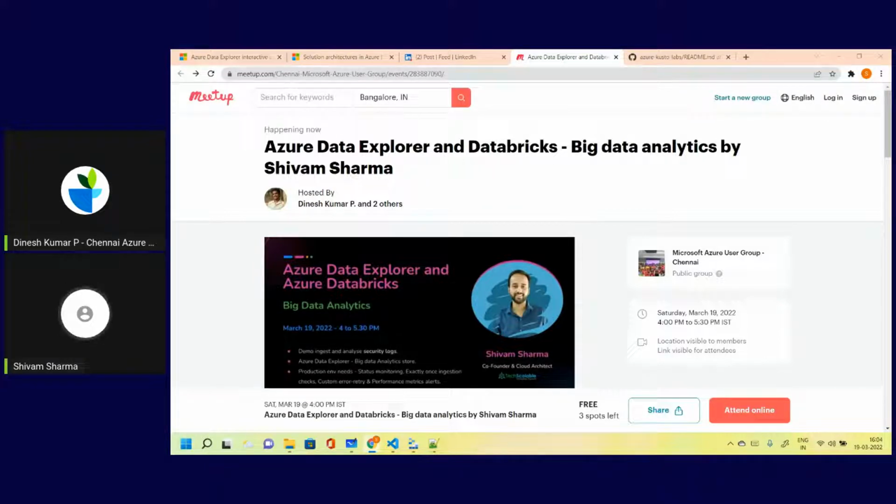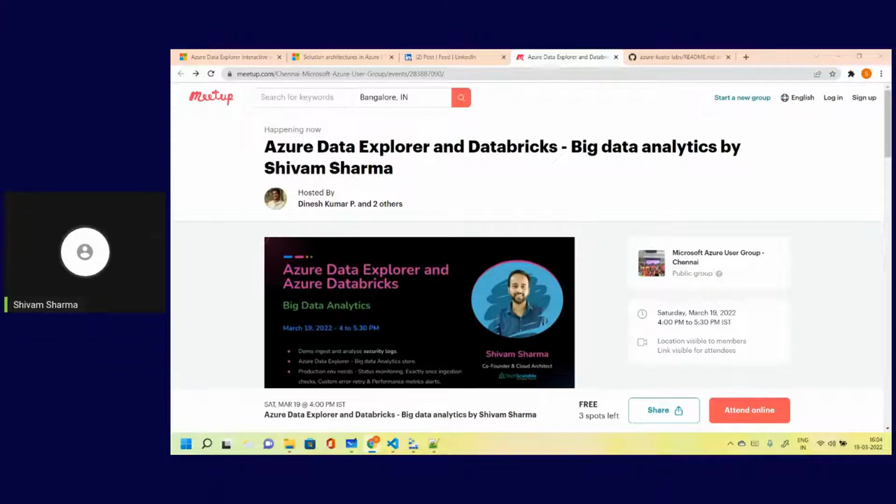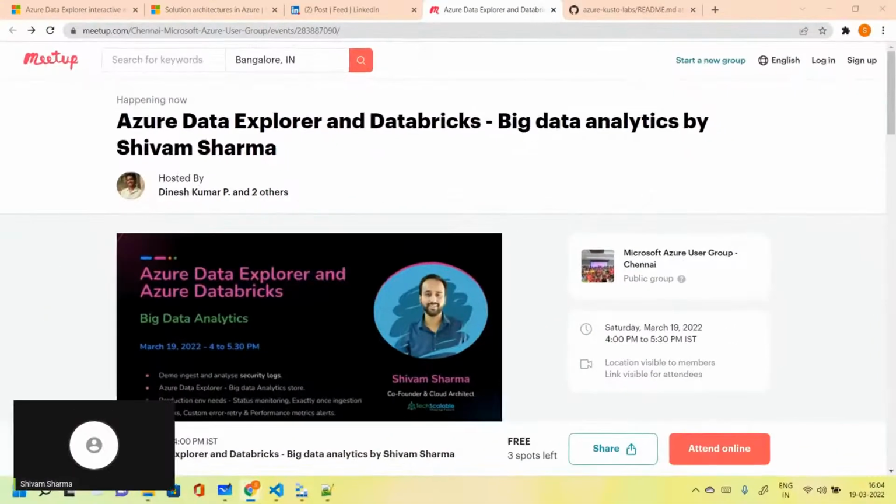And let's get started. I'll give you an introduction of what we are going to do. I'll set the context for the session, and then I'll walk you through the whiteboard, which Dinesh was talking about. We will go through the various things step by step. We'll understand what we do and why we do it. Today's session is useful for everybody. Even if you're new to the technology, it's useful for you. And even if you're already working in the technology, it may be more practical for you because we'll be discussing various